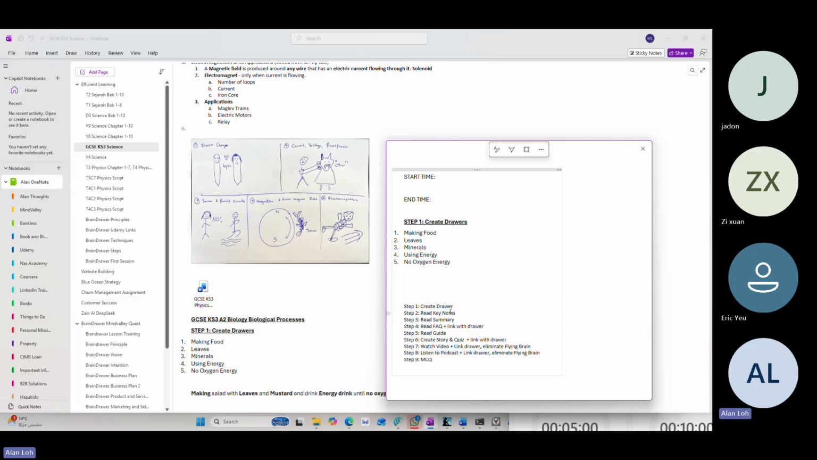Today is about biology. Last week was about physics, electricity and electromagnetism. So this week is about biological processes. Now, as usual,